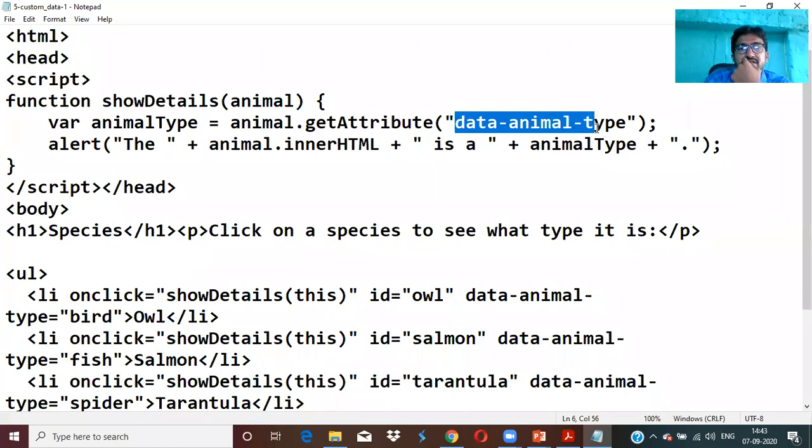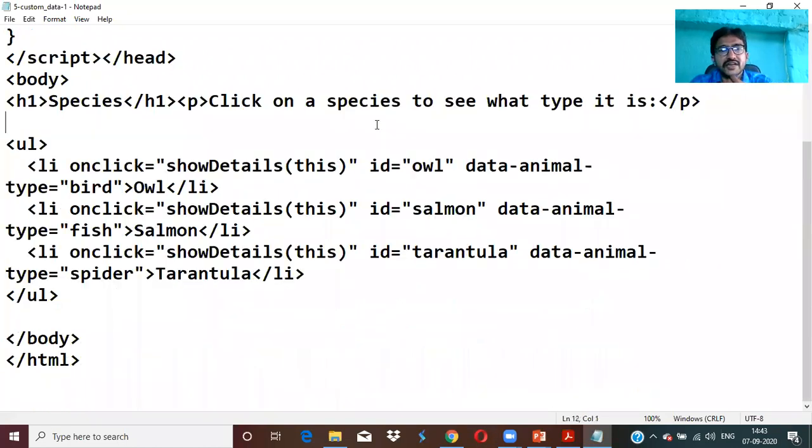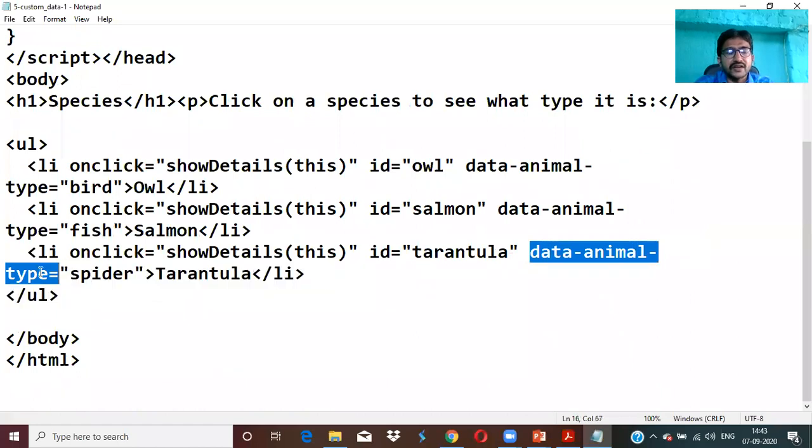What type of animal is it? It is getting the attribute data-animal-type, which is one attribute here. So whenever you click on the particular spider, it accesses it, indicating that you clicked on Tarantula.